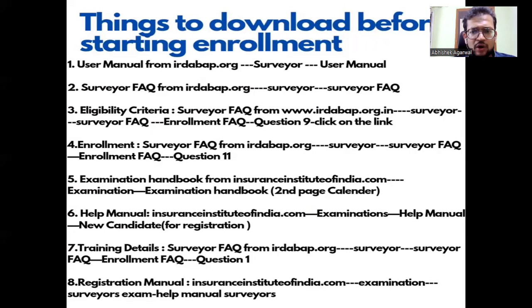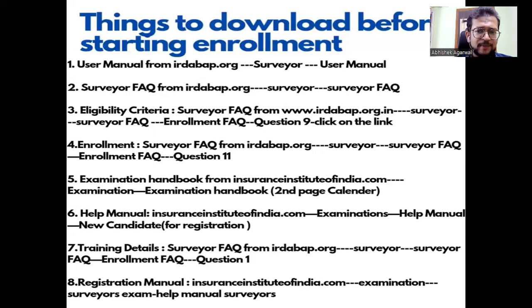Since I'm telling you all this theoretically, you won't be able to visualize how it looks. So for that purpose, I have provided the links to all the important things which you would require in this journey. I have mentioned them in this slide. Either you can take a screenshot of it, or I have also already uploaded a video on YouTube, and in that video I have also provided this slide, so you can take the screenshot right now, so that you can use these links to download the